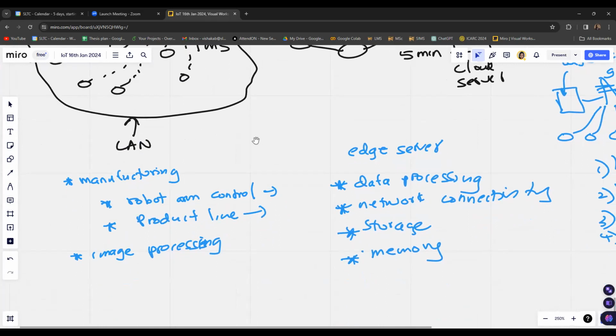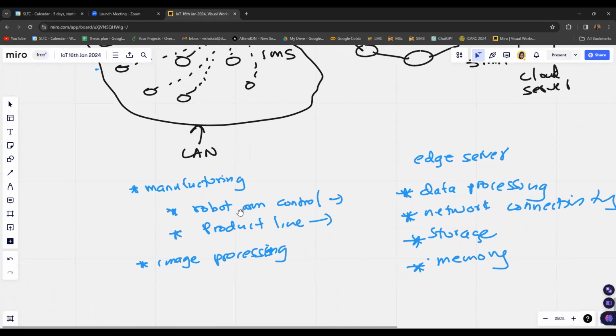When we consider edge computing, we can apply it to scenarios which involve manufacturing facilities.